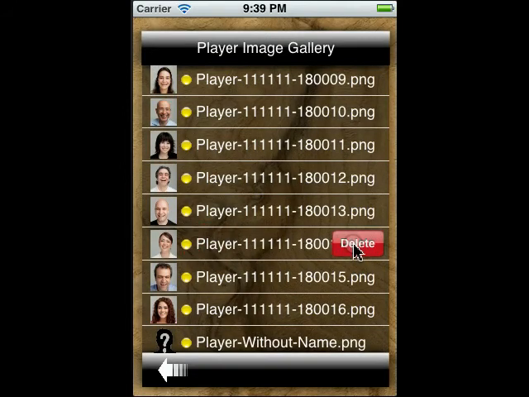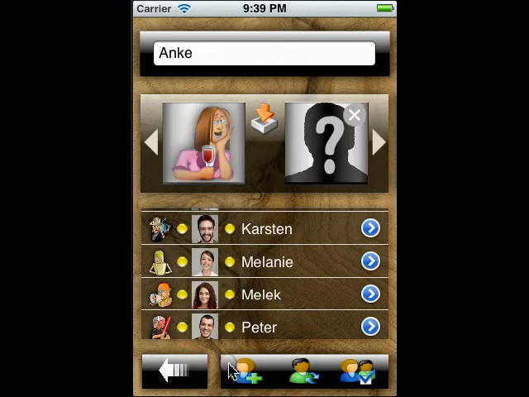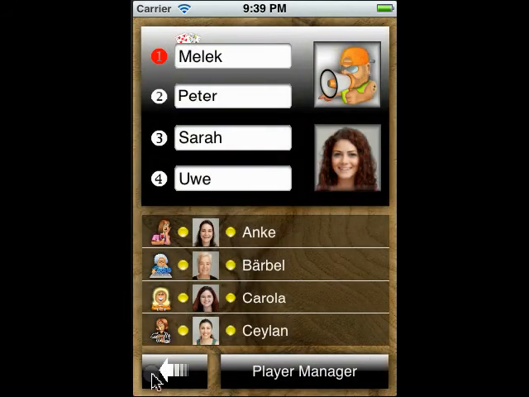If you swipe from left to right, you can delete the image. You can only delete it if it's not assigned to a player, or if you delete an assigned image, it will be replaced with its avatar image so that you can see something there. Good. Going back to the main screen